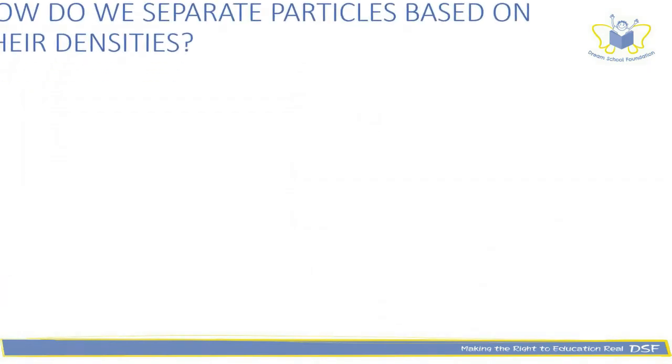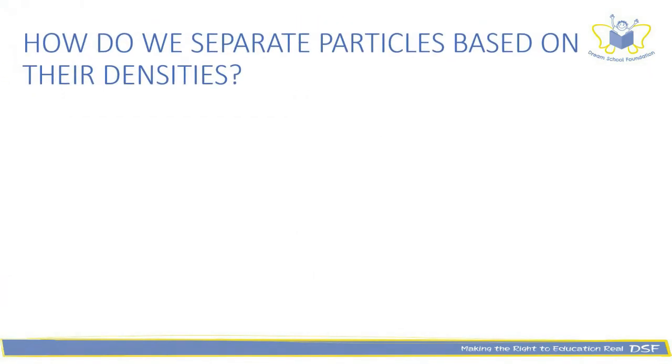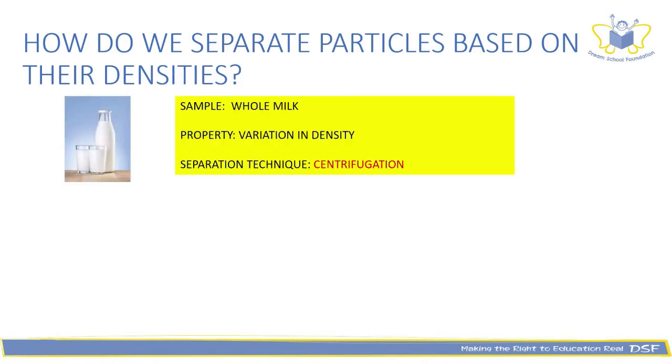Let us understand how to separate particles based on their densities now. Here, the sample is milk. We have already seen that milk is a colloid. Here, the fat particles are suspended in a liquid dispersing medium. We already have seen that filtration is of no use for colloids, as the particles can pass right through the